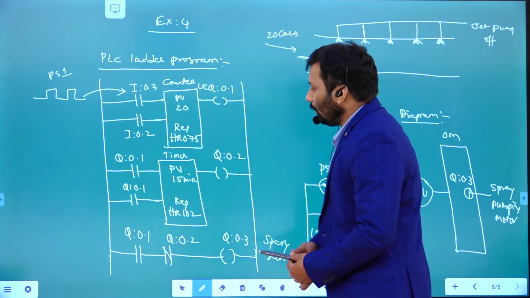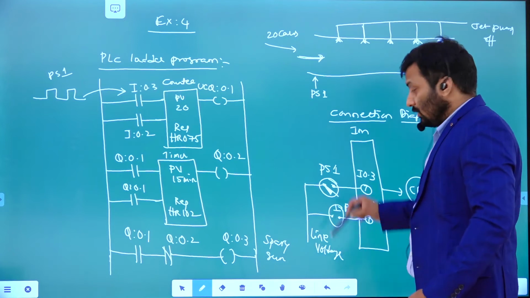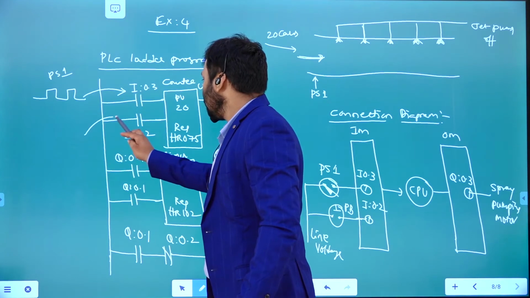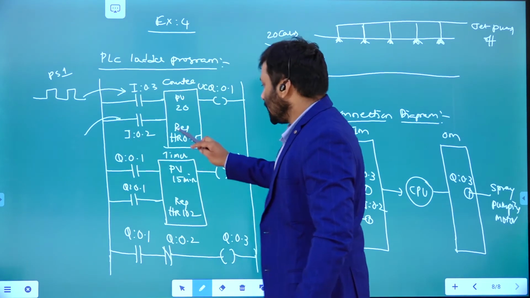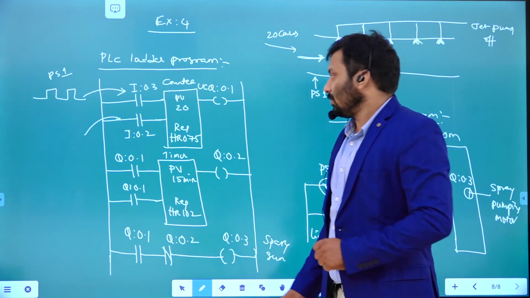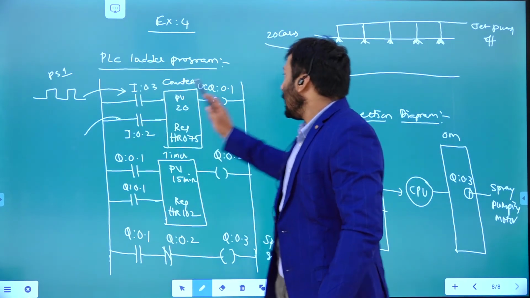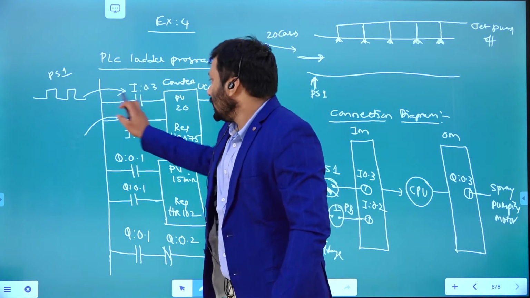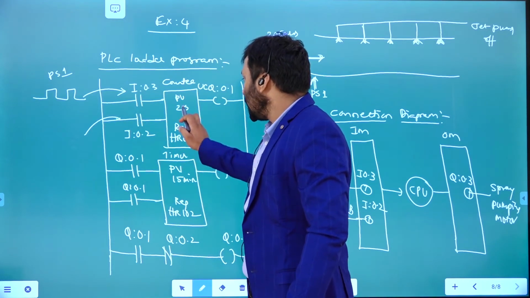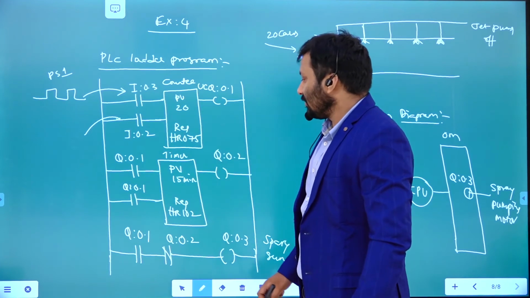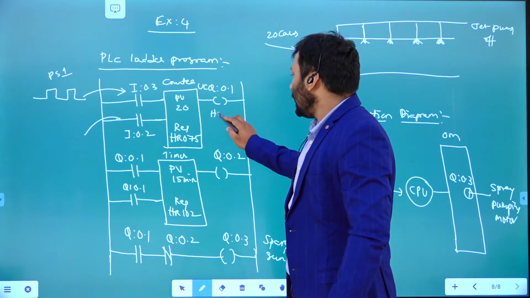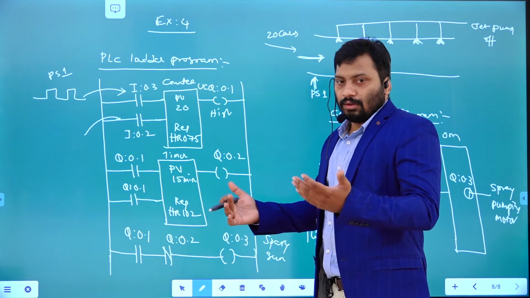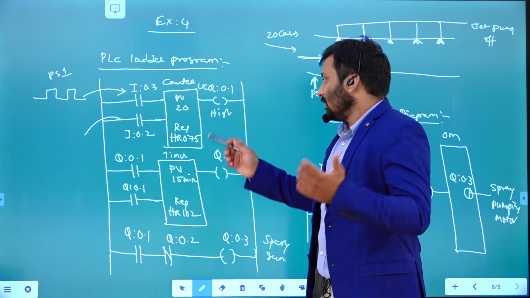Here, see, whenever you push this push button, it is going to be reset, which means this holding register is going to become all zeros. For every car entering, it keeps on incrementing the count present in this particular register until it reaches 20. Once it has reached 20, this output is going to be high. Whenever this output is high, that means after 20 cars have entered the garage, this output is high.